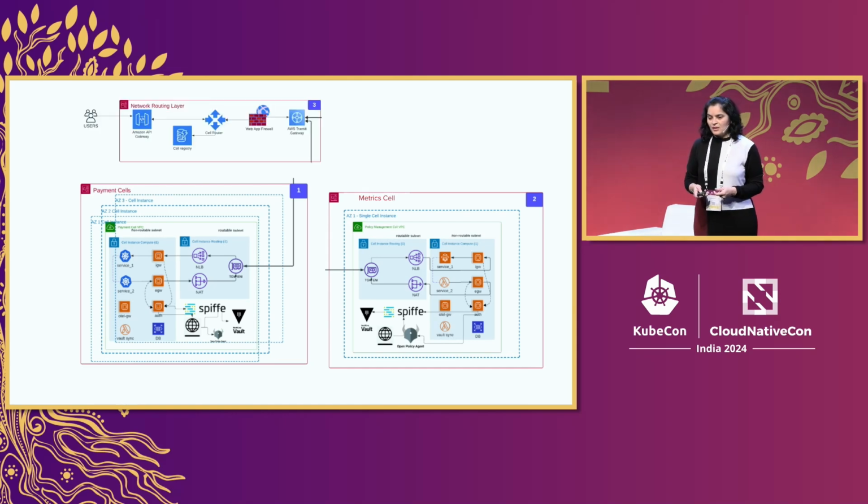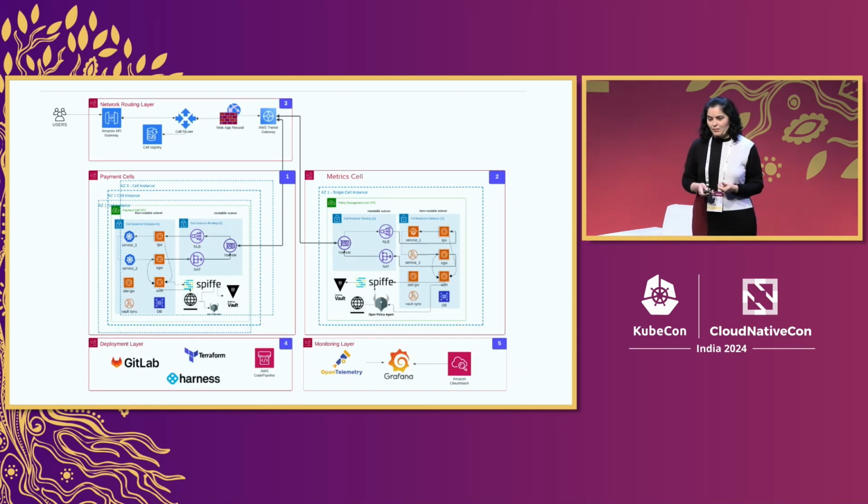And this is where the global load balancer question of Sai comes into the picture, where we are saying, have a separation of networking infrastructure, have the networking routing layer separate. There you will see you have a cell router and cell registry, because how would you decide? If I am getting a payment from the user, this has to decide which cell it has to be routed to, if all three are functioning in parallel or in primary, secondary mode. So that's where a lot of other components come in at the network layer as well.